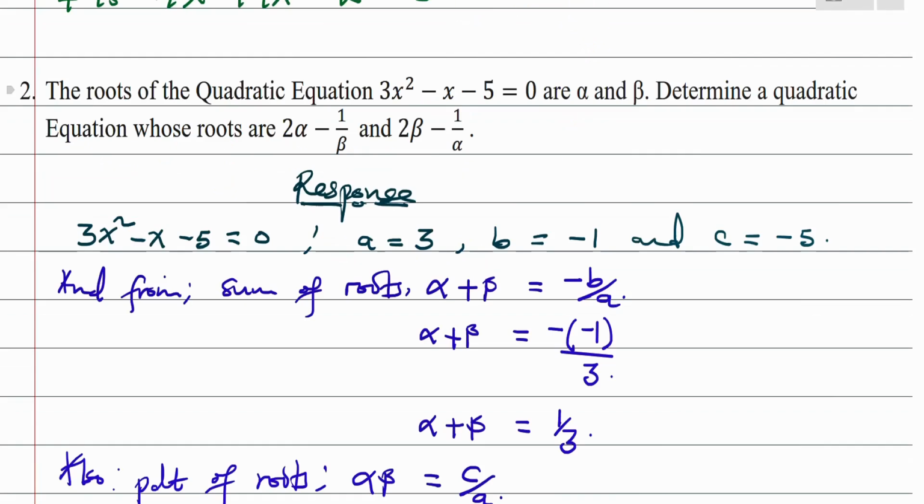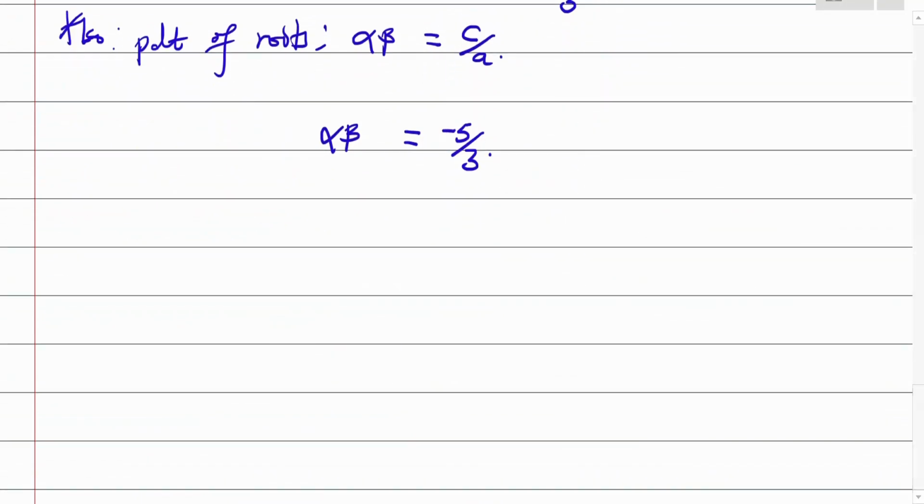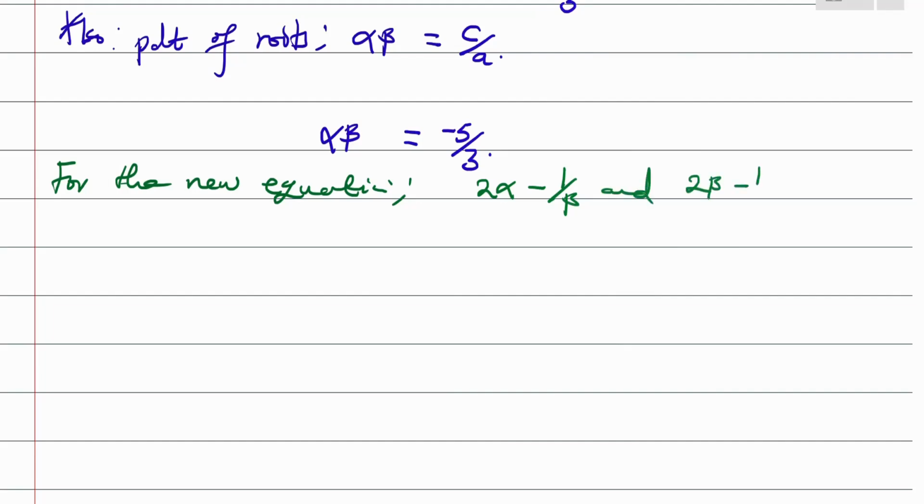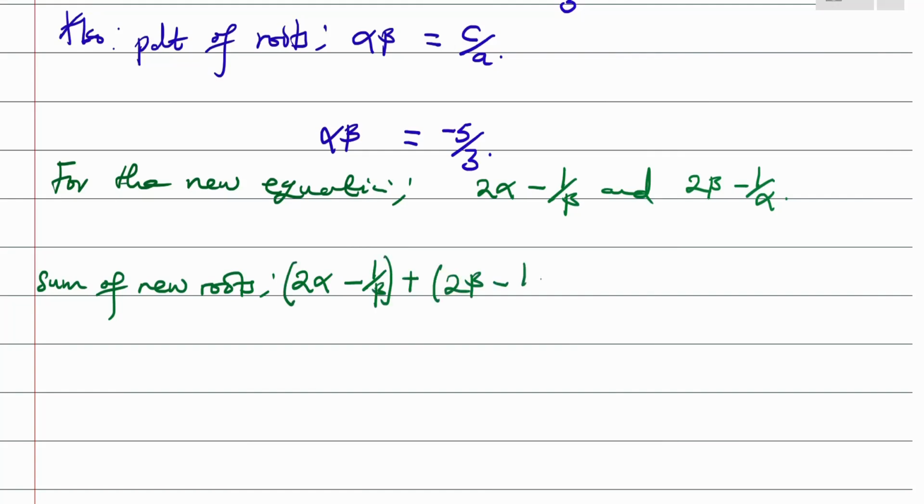We determine our quadratic equation whose roots are 2 alpha minus 1 out of beta and 2 beta minus 1 out of alpha. So we can now talk of the new equation. Remember, they have told us the roots are 2 alpha minus 1 out of beta and 2 beta minus 1 out of alpha. So from this, let's first get the sum of these roots. So we are obtaining the sum of new roots. So we are going to have 2 alpha minus 1 out of beta plus the 2 beta minus 1